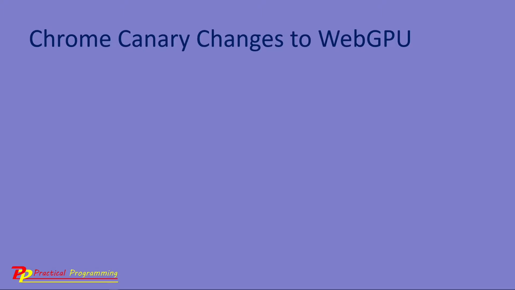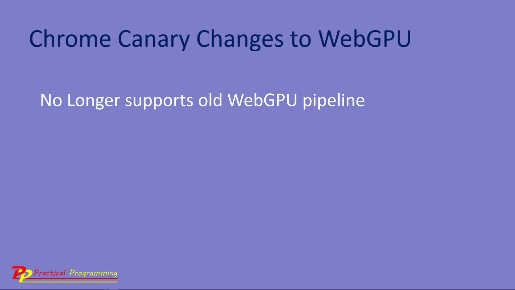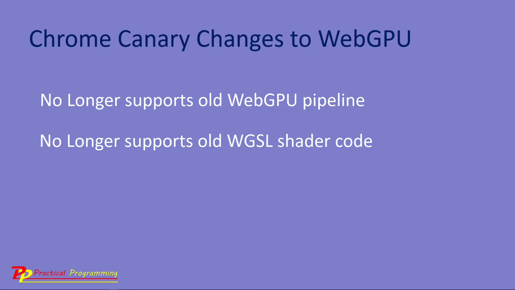The first change is that it does not support the old pipeline format. And second, it no longer supports the old WGSL shader code. In order to run the WebGPU application discussed in my video series, we need to make corresponding changes to our code examples. In this short video, I will explain how to update the code and how to make it work